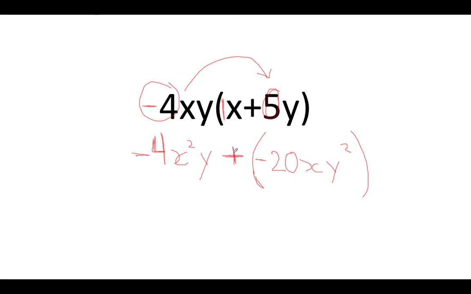But remember, we have a plus sign here and we have a negative sign here. The best thing to do is actually just turn this into a minus sign, because a plus sign and a negative sign just turn out to be a negative sign. So really what you're rewriting is negative 4x squared y minus 20x